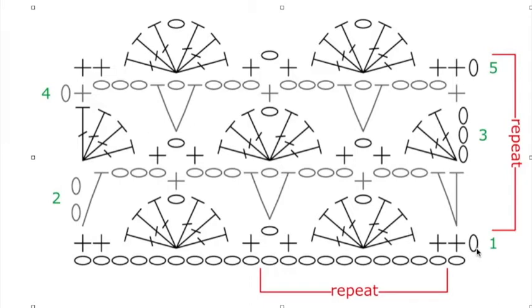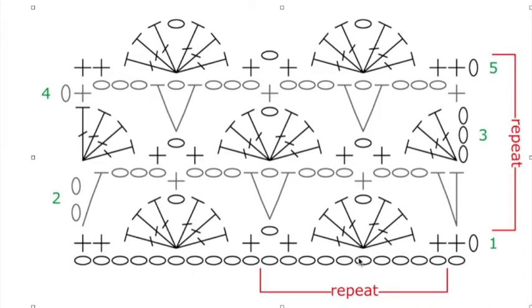So let's go to the first row. The first row tells me that I have my foundation chain at the bottom, so I'm going to chain one. And whenever you see the plus sign, it simply means that you're going to do a single crochet. So this pattern tells me that I'm going to do a single crochet in the second and third chain of this pattern. Next, it tells me that I'm going to do,